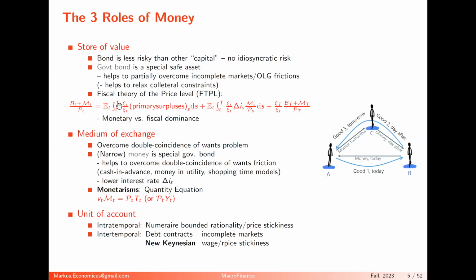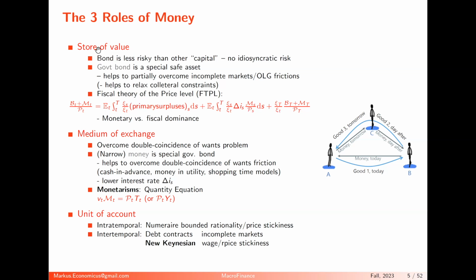This can be our stochastic discount factor back to time t. And there's also, for money, an additional convenience yield or some interest rate advantage, because relaxing the cash in advance constraint actually gives you some interest rate differential. And from little t to cap T, and then it goes on from cap T further. And if it goes to infinity, you can take the limit as cap T goes to infinity. And the fiscal theory of the price level also has this monetary versus fiscal dominance. We will talk about this next time as well. Now, the fiscal theory of the price level is really about